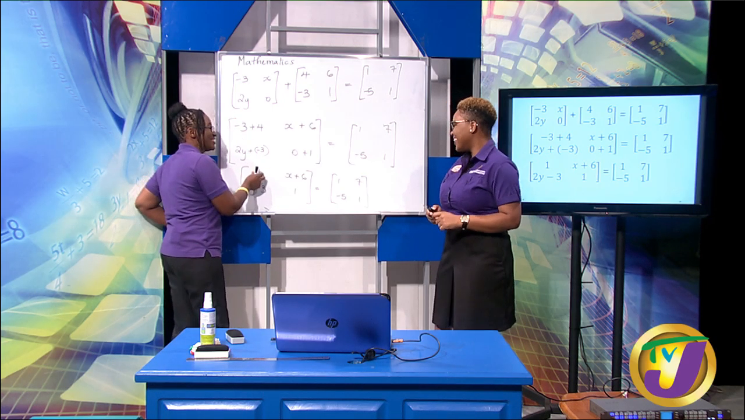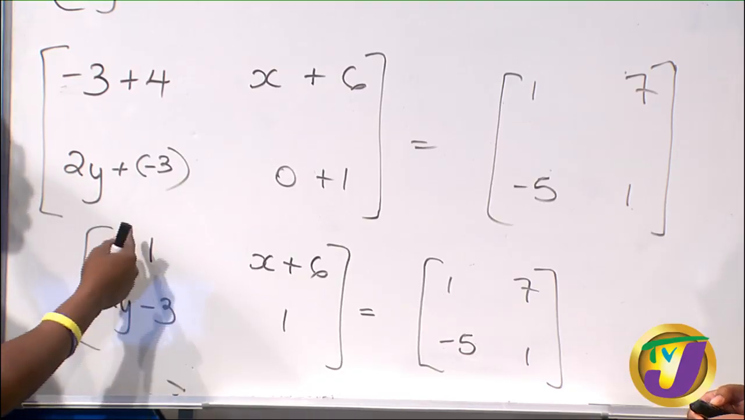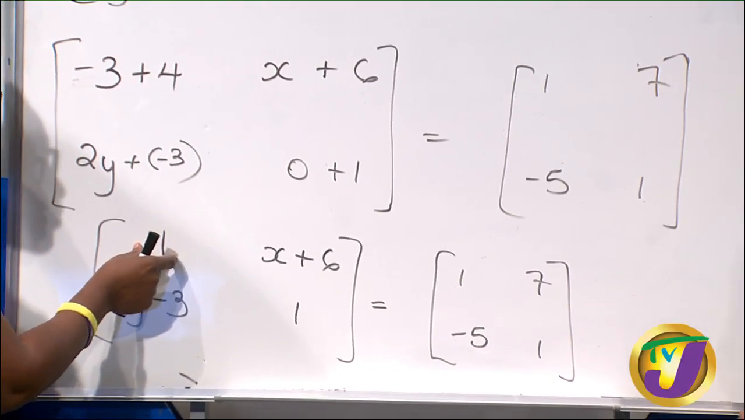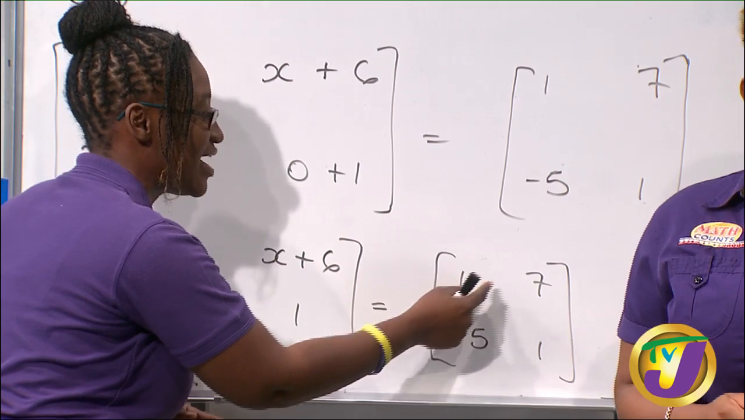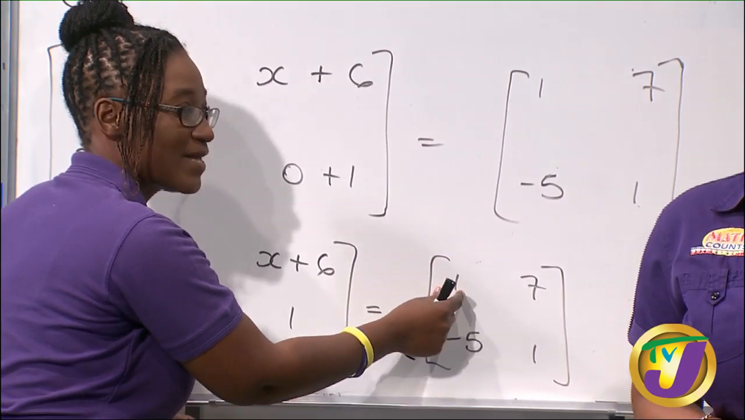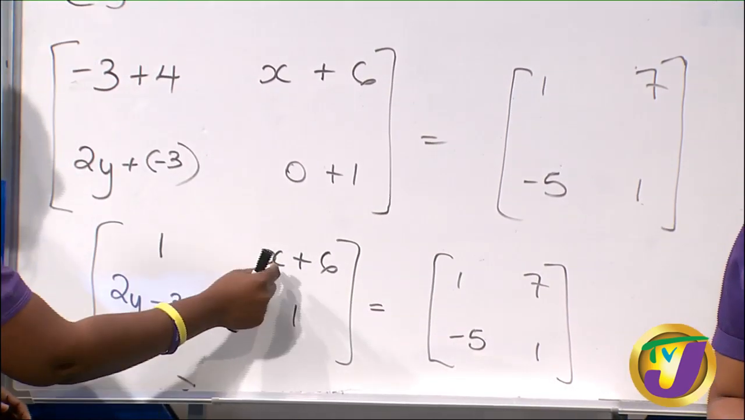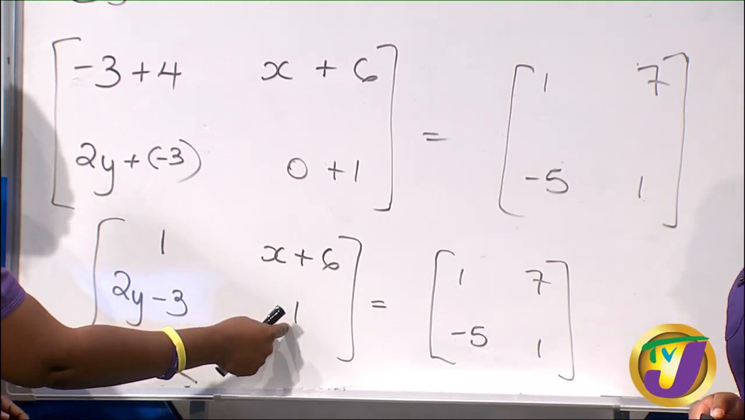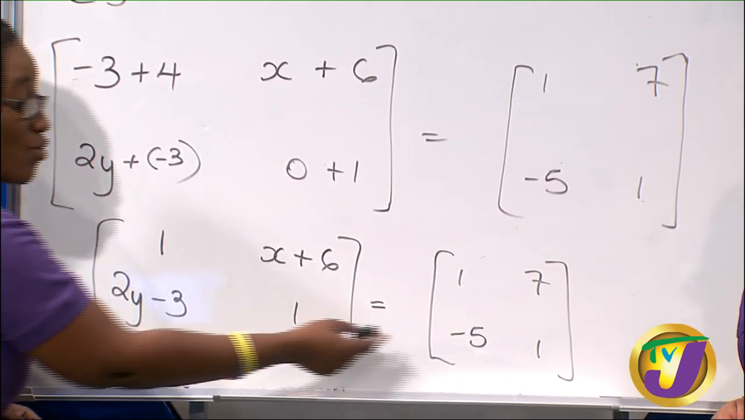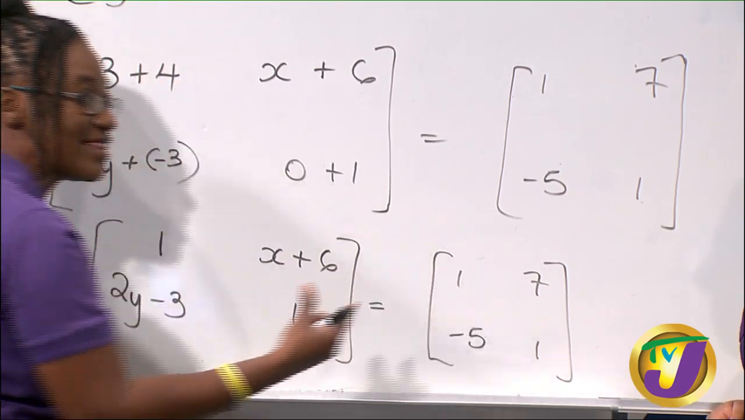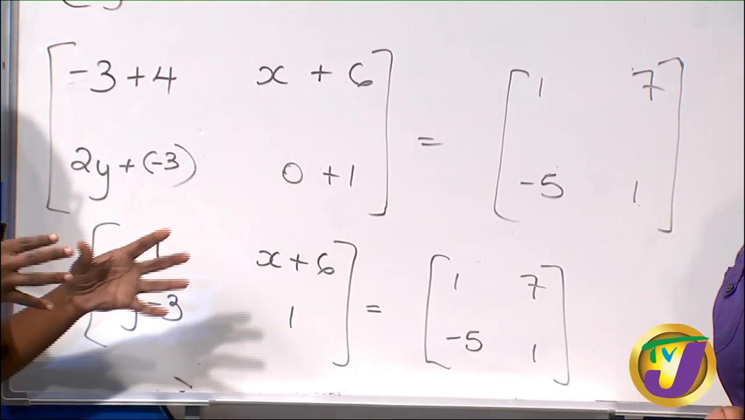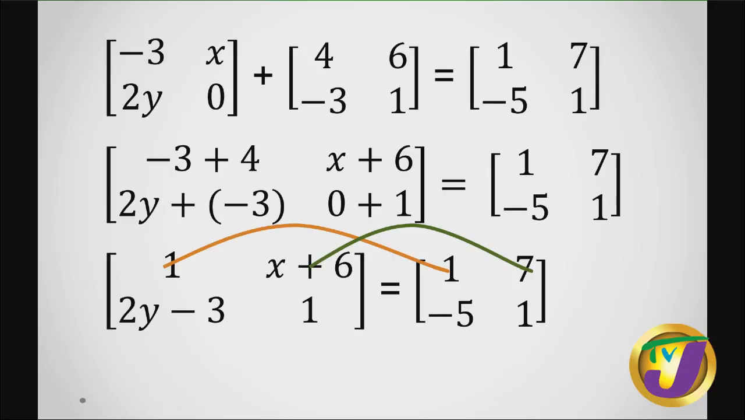So let's look at this one here. Row 1, column 1, we have the number 1. And let's look in this matrix over here. Row 1, column 1. Yes, still 1. Now in row 2, column 2, we have a 1 there as well. And we're seeing that coming out. So the fact that these two matrices are equal,